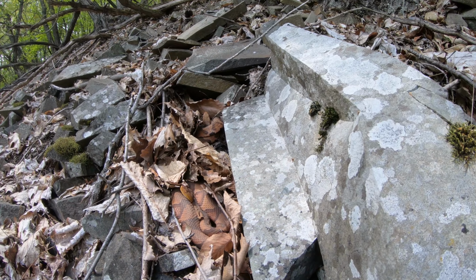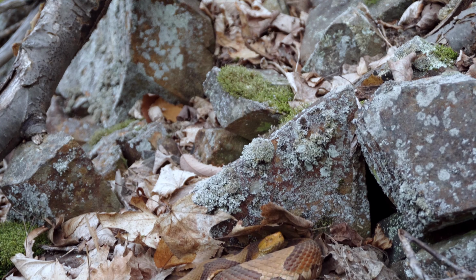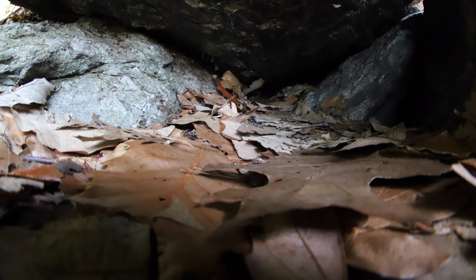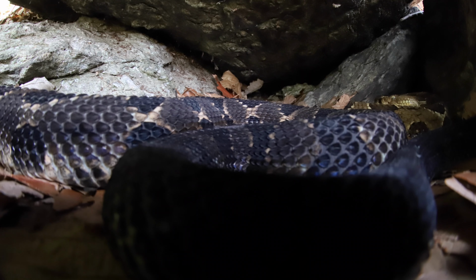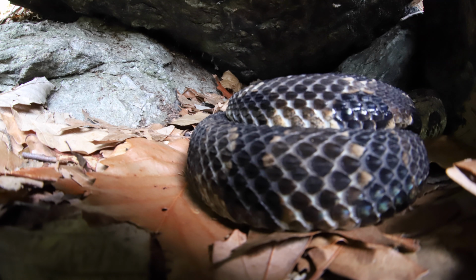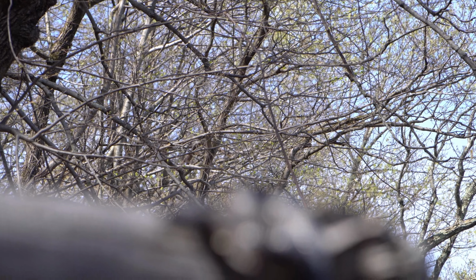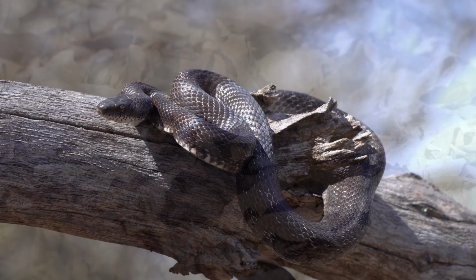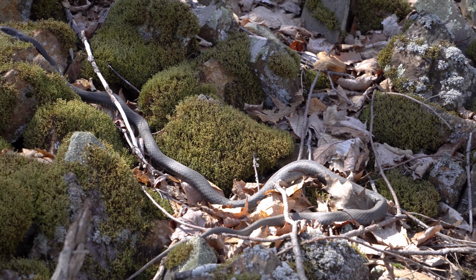Adult northern copperheads range in size from about 2 to 3 feet, but some, like this impressive snake, can approach 4 feet. Other species of snakes will overwinter in trap rock talus alongside copperheads, including New England's other venomous snake, the timber rattlesnake. However, the only other species I have encountered at this particular den are eastern black rat snakes and northern black racers. Unfortunately for copperheads,